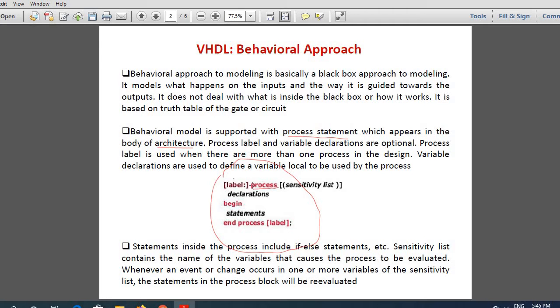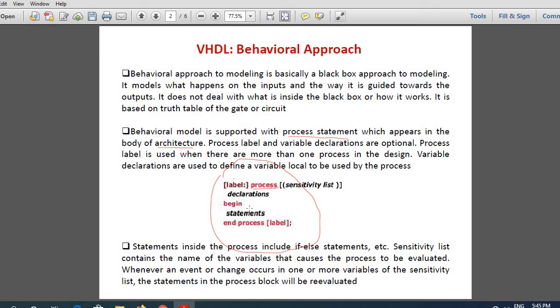You have to give a name for your process, but giving the label or name for the process is optional, and the process has a sensitivity list. Then it has some variable declarations, begin, end process, and statements in between. So we'll see one by one what these are.